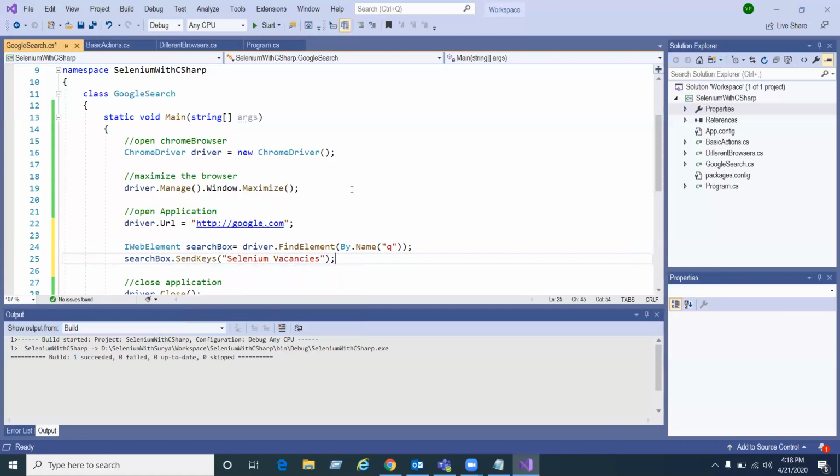Sir, one doubt. Yeah, go ahead. When you wrote driver.findElement by name, it also finds the same element. So why did you write WebElement searchBox equals before it? Is it because we would use searchBox again? No. What is your question? See, find element, programmatically, what does it return? This is a method. This method is going to return what? It's WebElement.